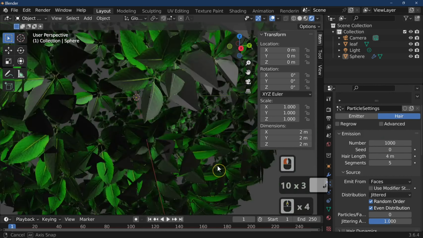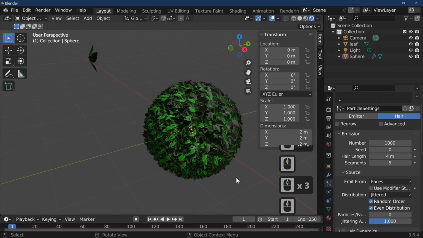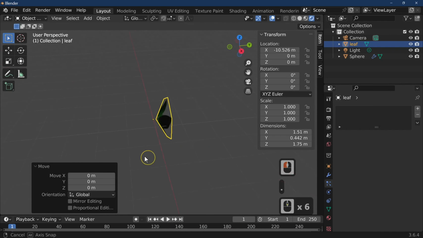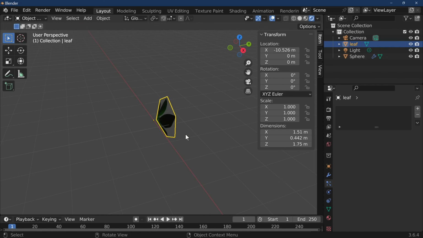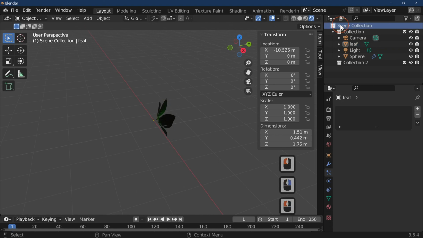So I've created this, and now comes the good bit. What we're going to do now is make a variation of these leaves and then make some flowers coming out of this. What I'll do is press the full stop to zoom in on this item. So we've got our leaf here, and we're going to duplicate this a number of times and add a different texture to each variation. But first of all, we need to create a thing called a collection. Click on the scene, right click, new collection. Now I'm going to call this new collection leaves,